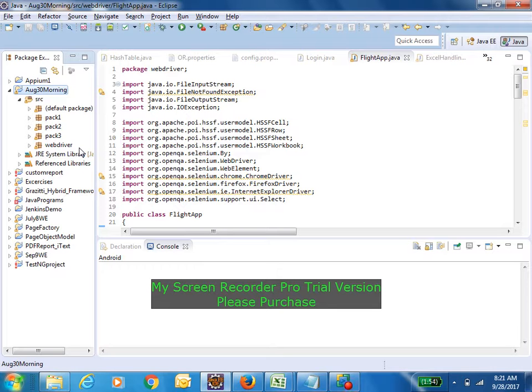So the one thing is, it contains a reporting system. The second thing here is, you can replace the main method by using annotations, and you can control the execution order. It means you can prioritize your tests by using attributes like that. And the third thing, the fourth thing, is you can execute the scripts in parallel. More than one script you can execute simultaneously.